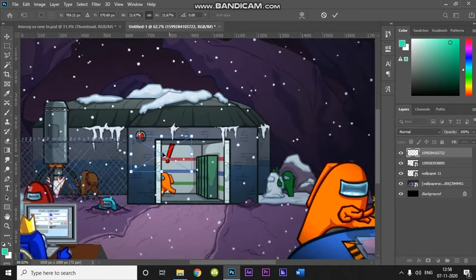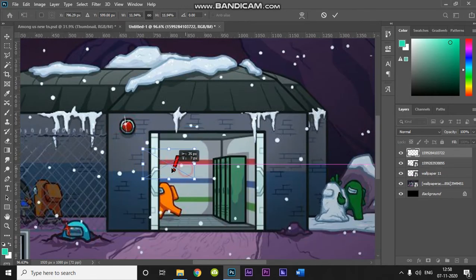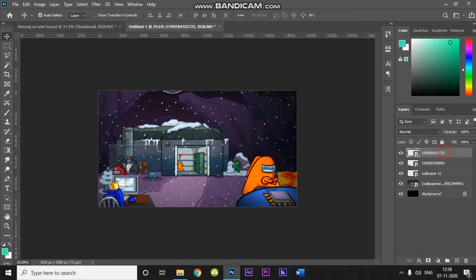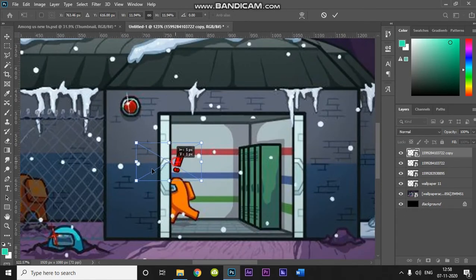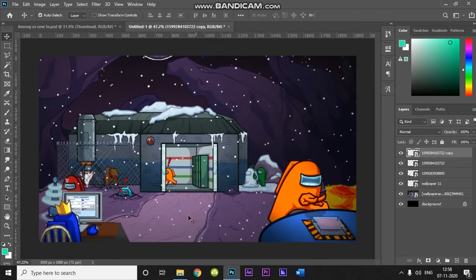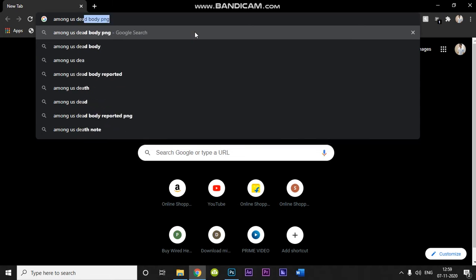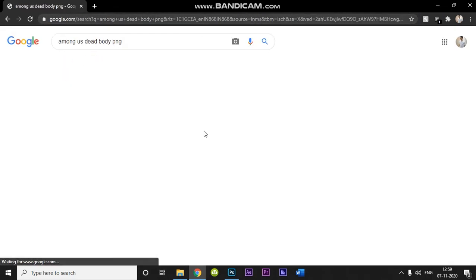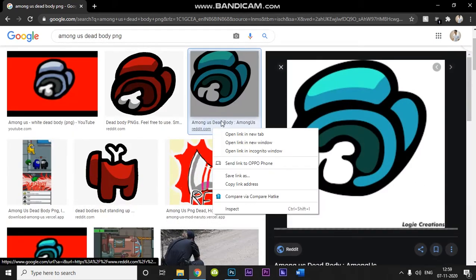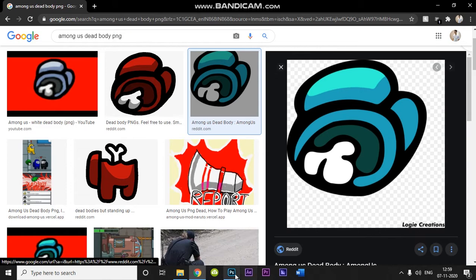So just bring it a bit down here, and this one. Press Ctrl J on your keyboard to duplicate the layer, then press Ctrl T to quick transform it, and just drag it over here. So now we have our thing, but we want a dead body over here and our player running from here. Just go to Google, type Among Us dead body PNG. Okay, so we have it here. So we'll just copy image and